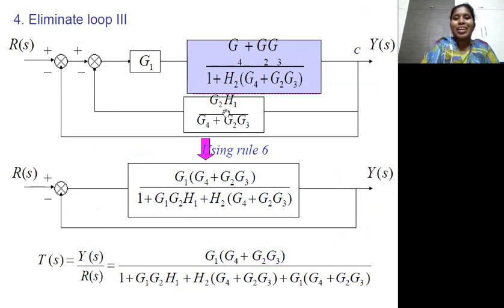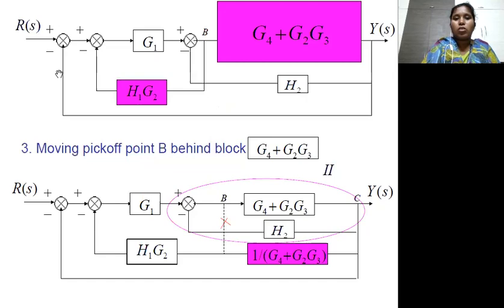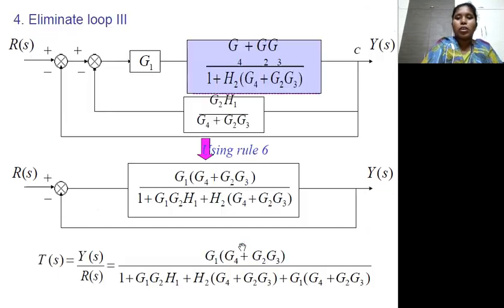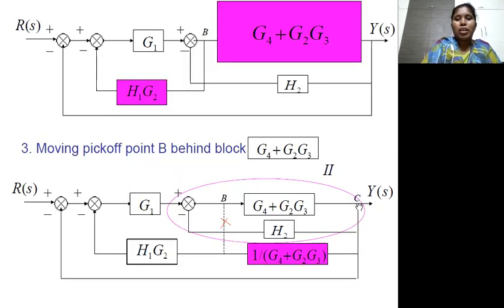So this is again a negative feedback. Why? Because here the feedback is given with a negative sign in the problem, so here also we have to place the negative. And after that we have a unity feedback from the takeoff point C to the initial summing point, which is also negative. That means it is a unity negative feedback. So now we replace this with the transfer function, and we substituted a single block in place of these two blocks.